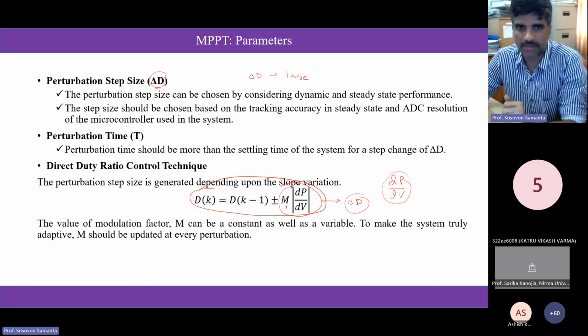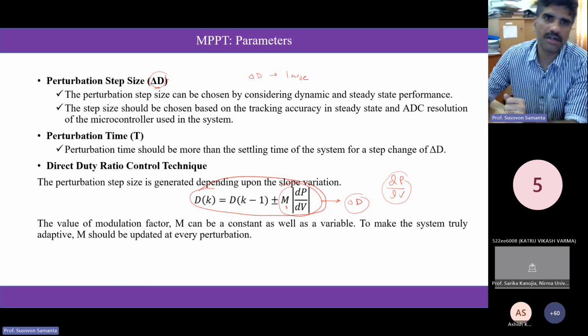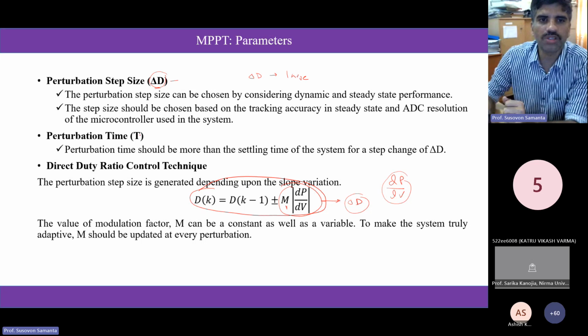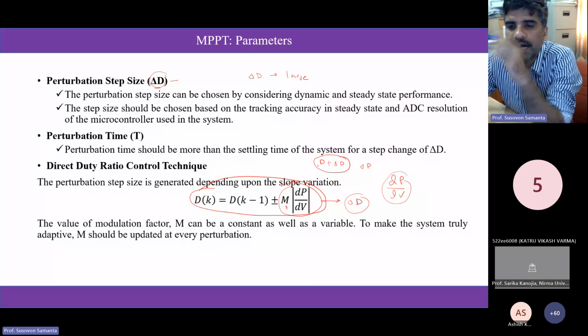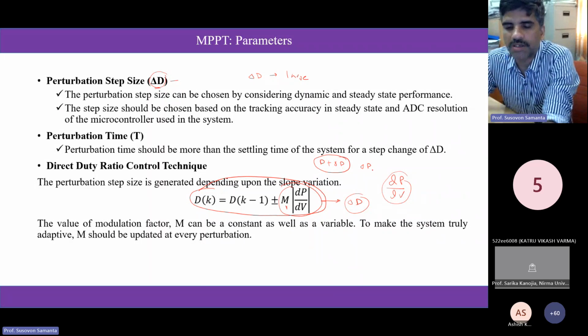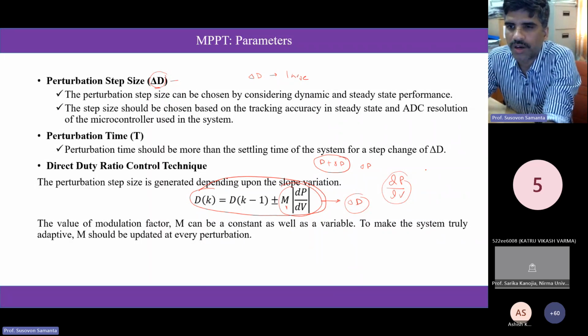Now, another point that I want to mention, other than this delta D, is how to choose the perturbation. What is the meaning of perturbation? It means I am varying the delta D. Okay, so D plus delta D. So how much time interval do I want to vary this delta D? Obviously, because this is a converter, whenever you are changing your duty ratio,